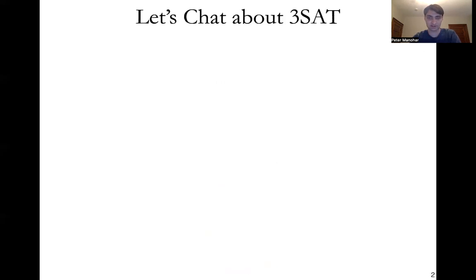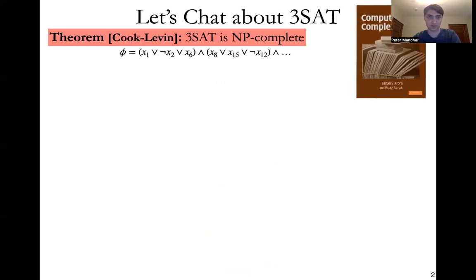So I'd like to start off by talking a bit about 3-SAT. As we know, 3-SAT is an NP-complete problem, and moreover, it's hard to approximate. That is, it's NP hard to even find an assignment to the variables that satisfies more than 7/8 plus epsilon fraction of the constraints. Now remember that a uniformly random assignment to the variables will satisfy 7/8 fraction of the constraints in expectation. So essentially, it's NP hard to do anything even a little bit better than that.